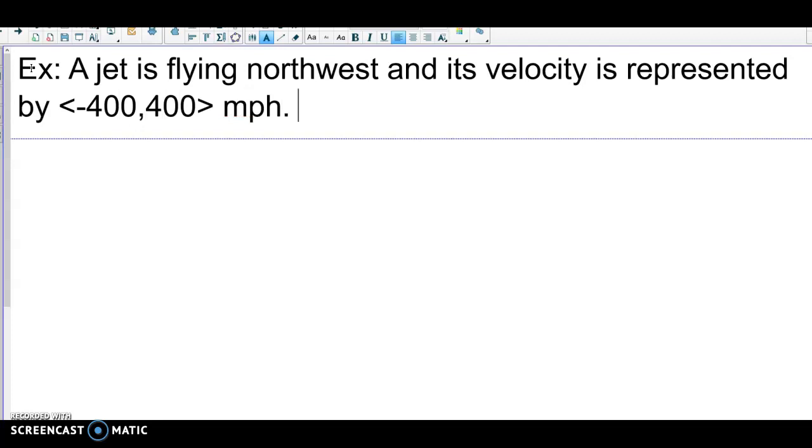If you think about it, north represents the y coordinate, so we're going north, which is a positive y. West is to the left, so that's why we're going negative. Makes sense? The wind is from the west,